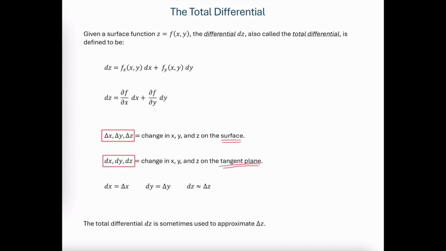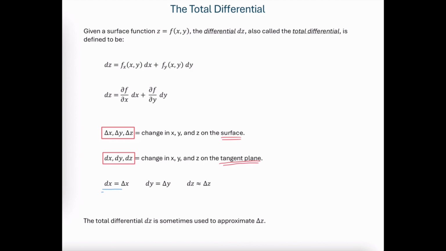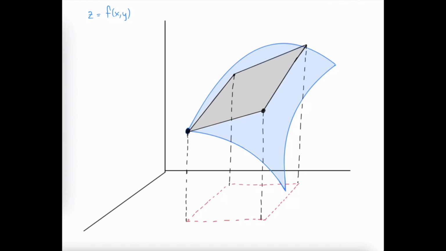on the tangent plane. We'll see on the graph that the change in x on the plane and on the surface are the same, the change in y on the plane and on the surface are the same, but the change in z on the tangent plane is something that can be used to approximate the change in z on the surface. So let's consider the graph of some arbitrary surface, f at x, y, and a tangent plane that